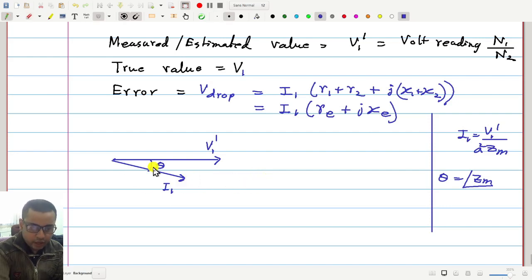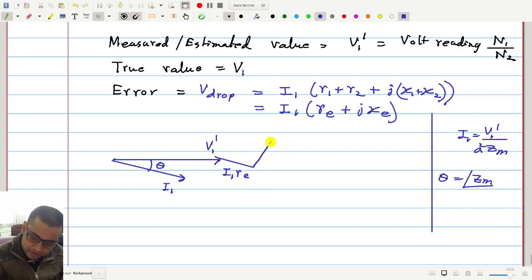Okay, this is I1. I will draw I1 Re here, starting from here. Okay, this is I1 Re, not starting from here. That was a mistake. Then I1 Re, and then plus at an angle of 90 degree I1